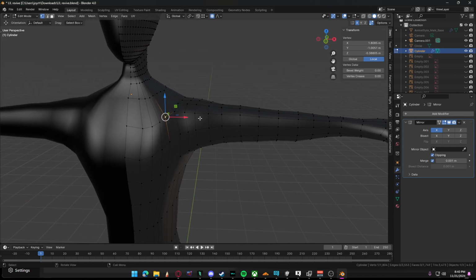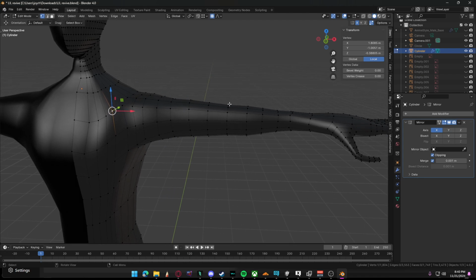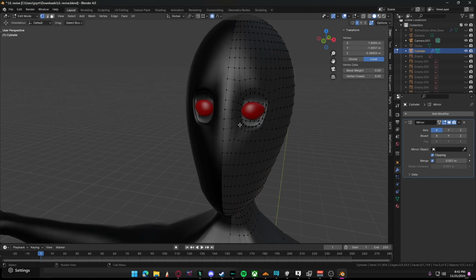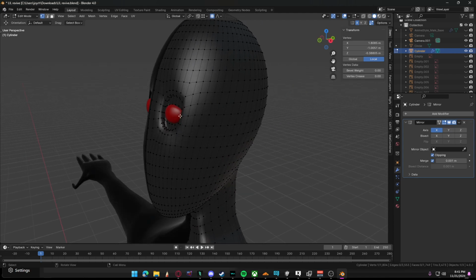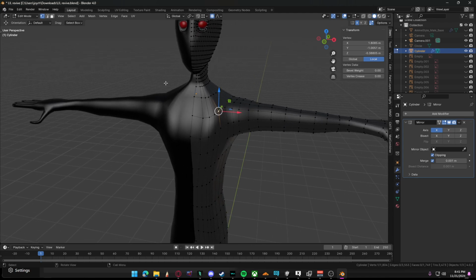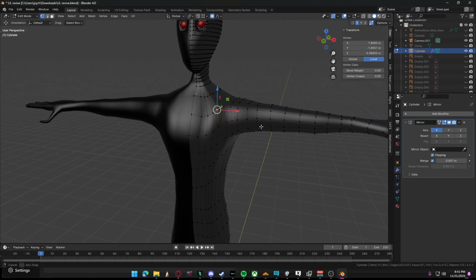And why are there so many here? Because you gotta have enough vertices for your bones, basically like the bones in the body, to be able to move, to be able to bend around and actually make it look human. So, for example, the eyes are going to have their own bone. So you got to make sure that the eyes are directly where the eye sockets are. Basically, you just got to make sure it looks good and make sure it's not crazy in